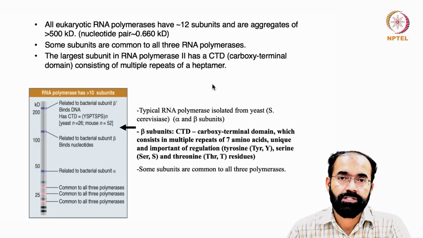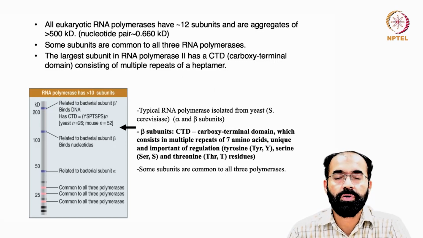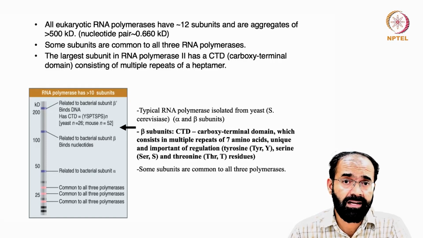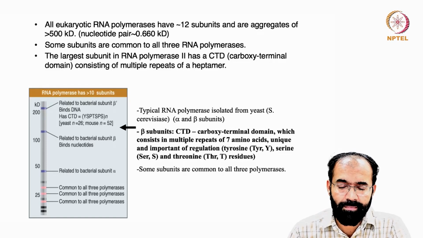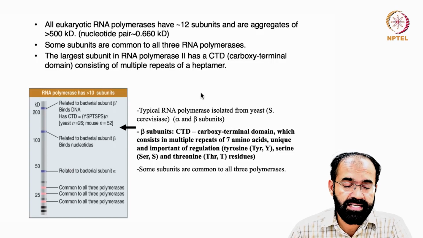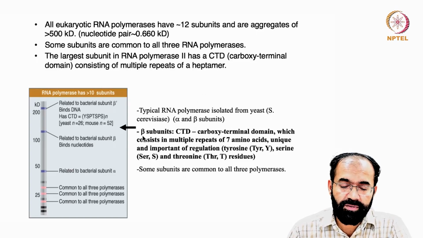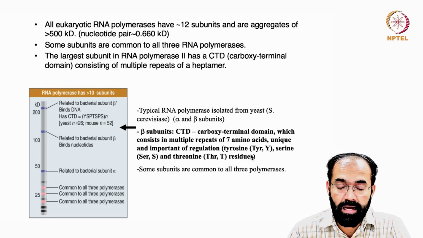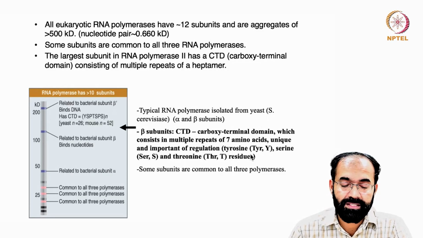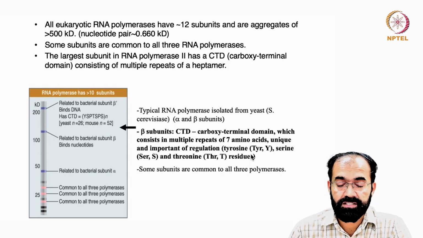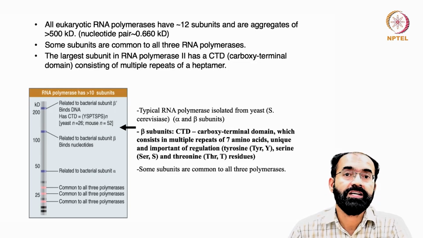So the carboxy terminal domain consists of several repeat elements of a heptamer. Hepta means 7. So you may have heard about this mono, di, tri, tetra, penta, hexa and hepta. So this heptamer consists of a unique set of amino acids that is present in the C-terminal domain. What you can see is that the C-terminal domain, which consists of multiple repeats of 7 amino acids, they are unique. And what are they? Tyrosine, serine, threonine,